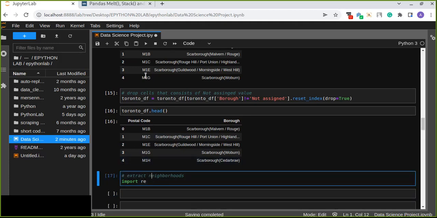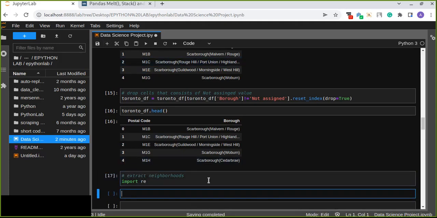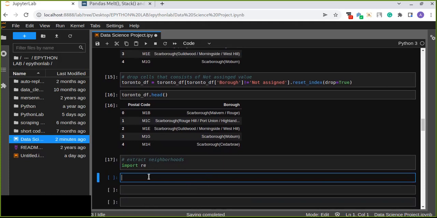A regular expression is important for removing special characters from any string. So in this case, let's create a new column that is neighborhood. All right. And the Toronto data frame is